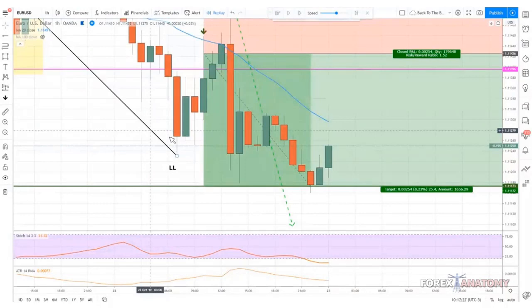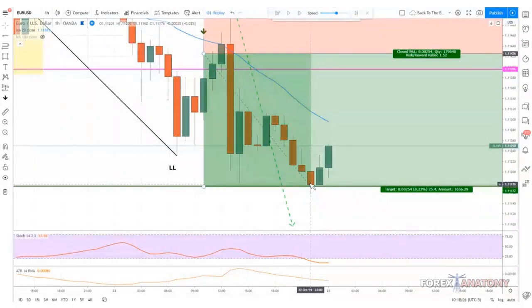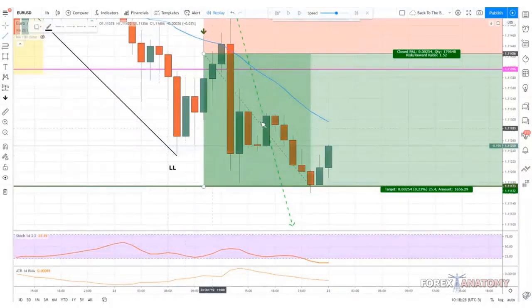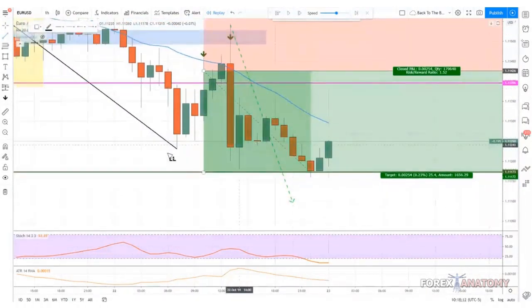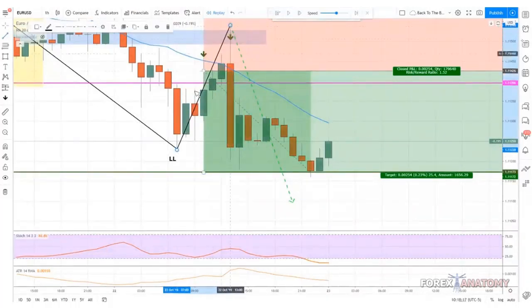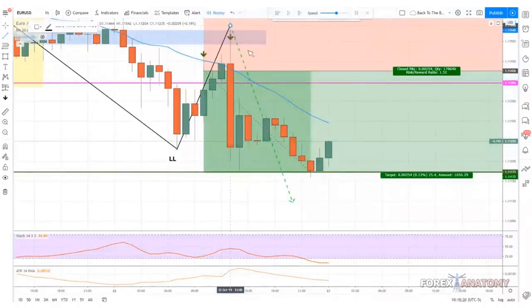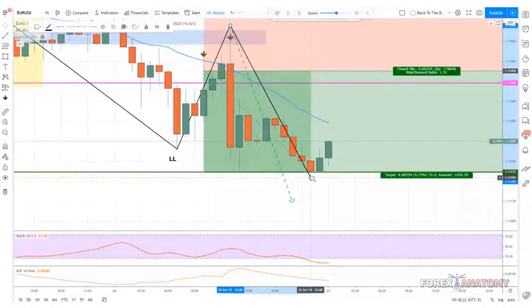But this is all you're doing, right? All you're doing is identifying lower lows, lower highs, and structure, and you're trading off of that. So right when price makes a lower low, what we can do next is draw these lines again. We can draw the next correction from this low all the way up to this high. So now we have a lower high up here, and we can draw this line because we already have two green candles, which represents a correction. But this lower high created a lower low and a lower close right now.